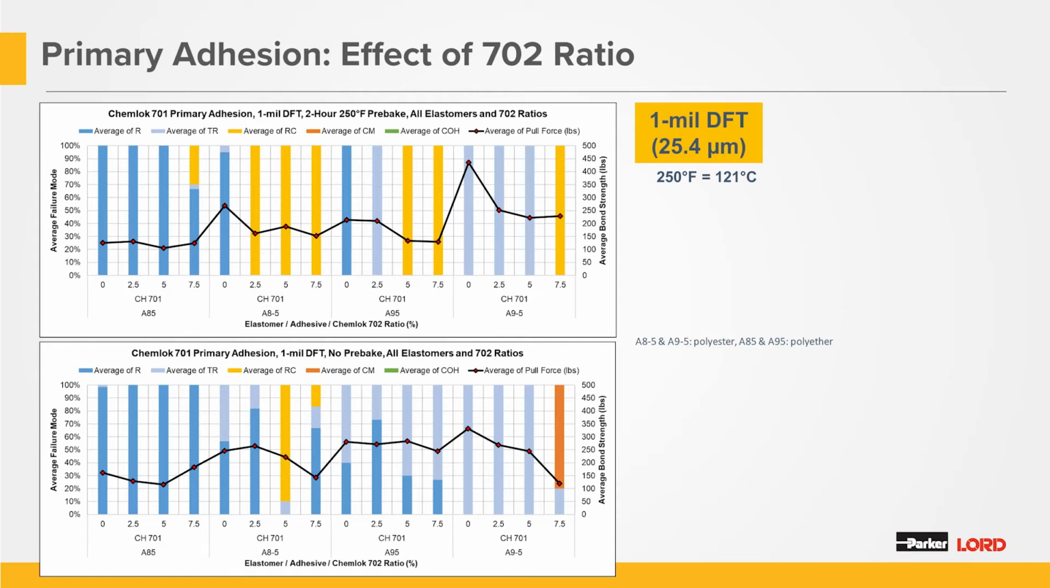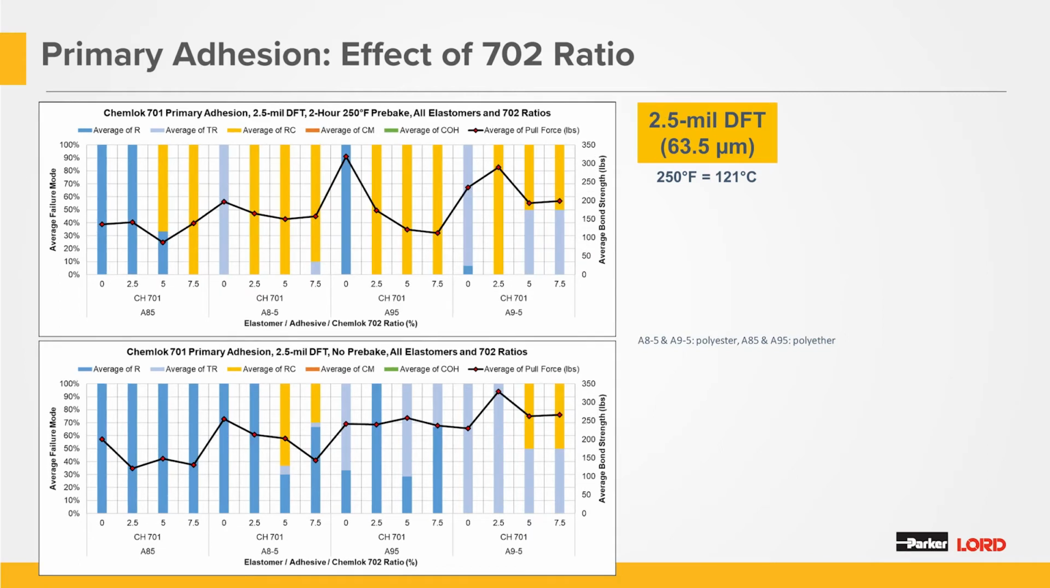Compared to the half mil condition for film thickness, we can see that at 1 mil, there's lower rubber retention with the pre-bake condition and higher rubber retention without pre-bake. The increase that we see in rubber retention with film thickness is on the higher durometer compounds, the A995 and the A9-5. The bond strength with pre-bake hovers around 200 pounds per square inch, and without a pre-bake is around